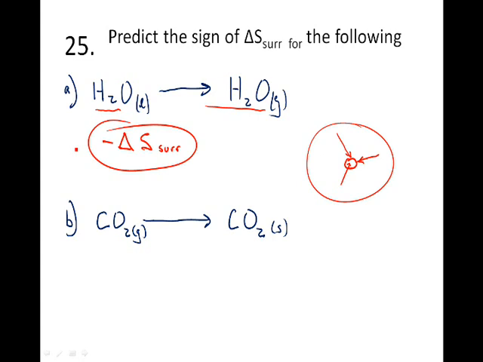In B, the change from a gas to a solid is what we're looking at here. Gas to solid is actually an exothermic process. In other words, if we draw the universe, and this reaction is our system, now to go from a gas to a solid,